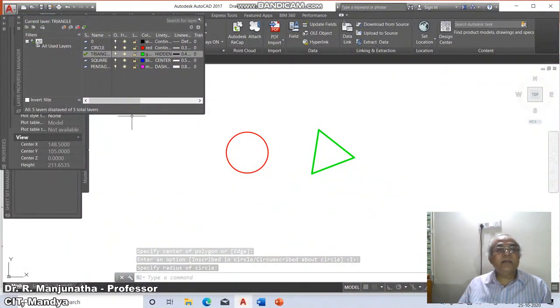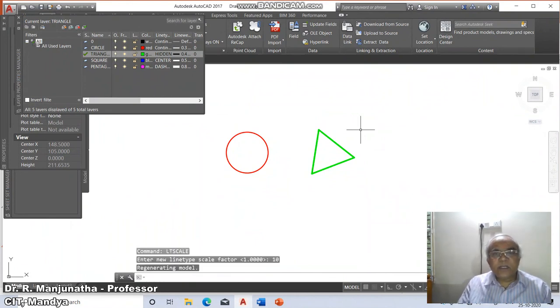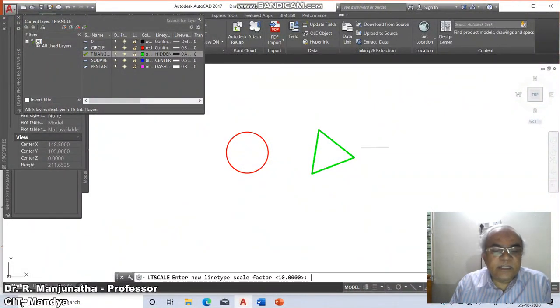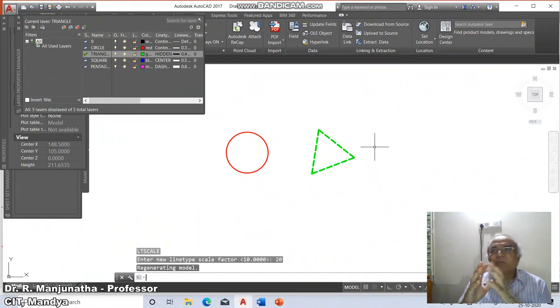That is basically because even though it is a hidden line type, the line type scale factor we have considered is 12.9. But since we have changed the limits of the drawing, obviously that has to be changed. So to do that, I will say LT scale. Instead of 1, I will take around 10. We can see it regenerating the model. You have the hidden line type. I will increase this again to 20. As we increase the line type scale factor, naturally you will be able to get the required hidden line type.